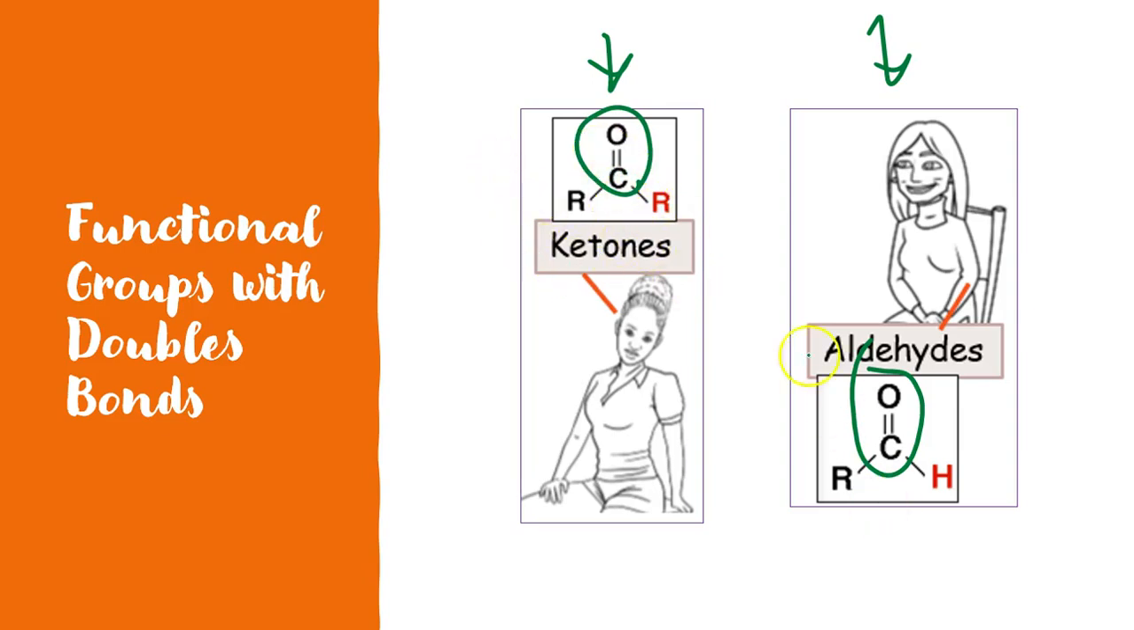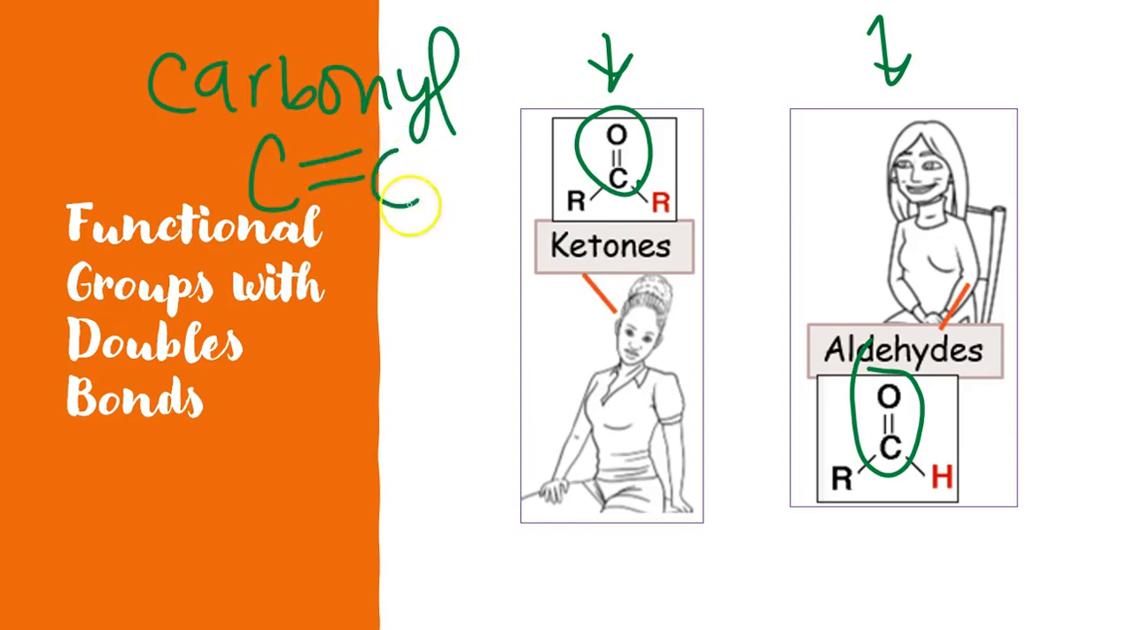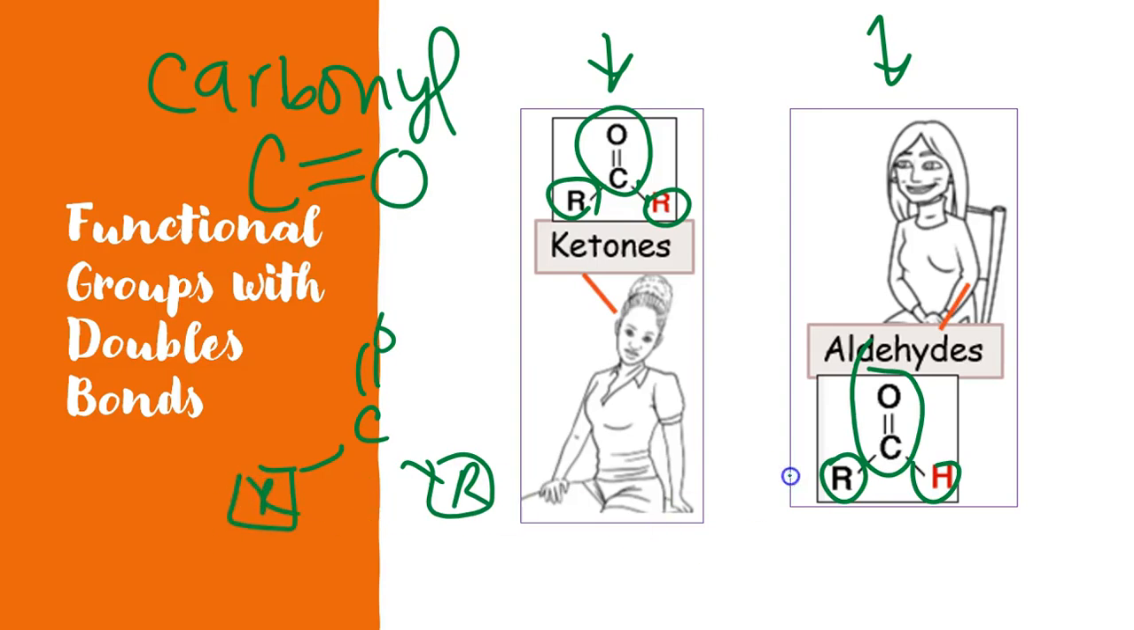Now as you can see, both of them have the same type of group, which is going to be considered a carbonyl group. Okay, and this carbonyl group is carbon double bonded to oxygen, and both ketones and aldehydes have a carbonyl group. The only difference is what's attached to the carbon in the carbonyl group. With ketones, we'll see that the carbonyl carbon is attached to two other R groups. Okay, and then with